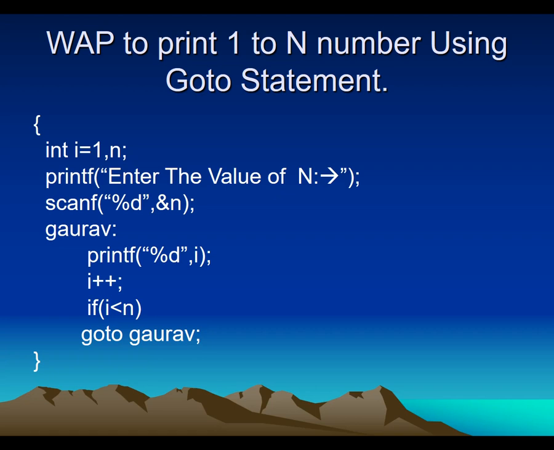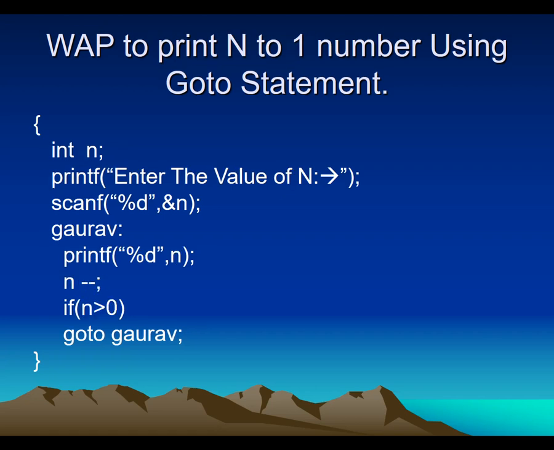So we have taken our program for the same, where we printed 1 to 5 numbers onto the screen, even 1 to n numbers, which you can right now see on my desktop screen. Now let's continue with another program. In the next program we will print n to one. That means starting from the last number to the first number. Say for example, suppose I have entered 5, then the output will be 5, 4, 3, 2, 1.